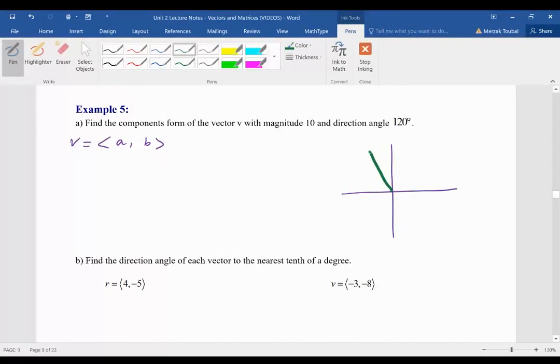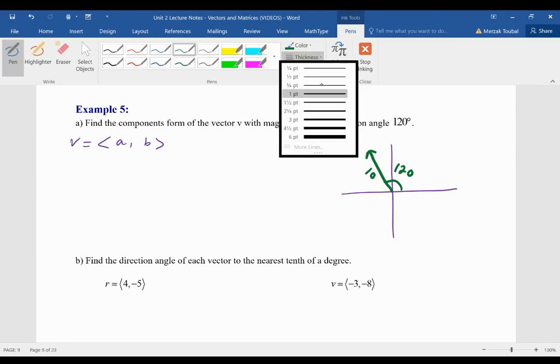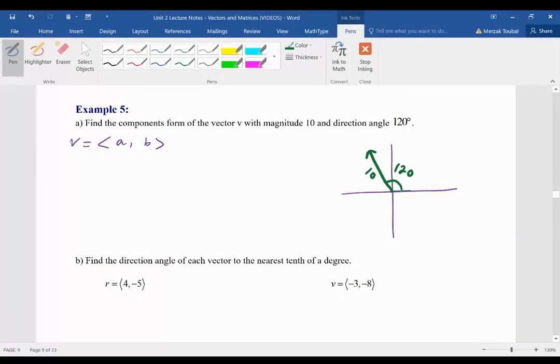So I assume this is going to be the vector. This is 120 and 10 is the magnitude of the vector. All right, 10 is the magnitude of the vector. Okay, good. So how do we find a and b? Well, we know that cosine of 120, it would be,